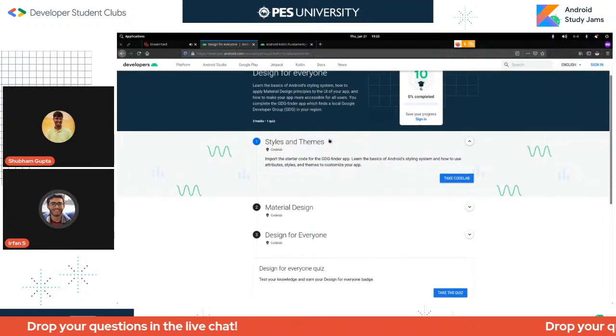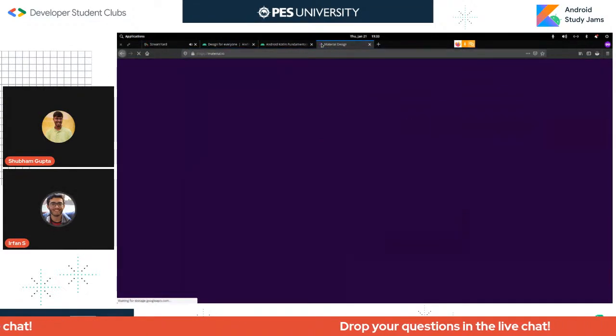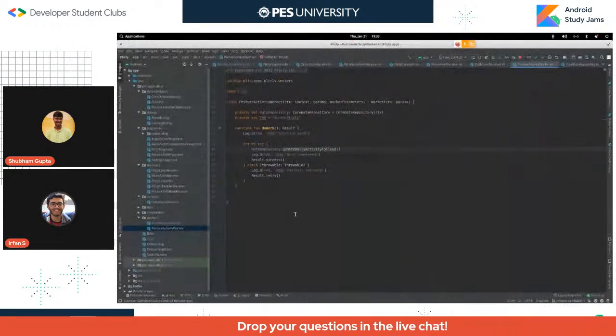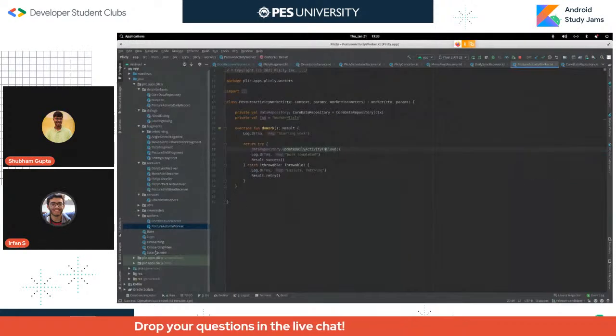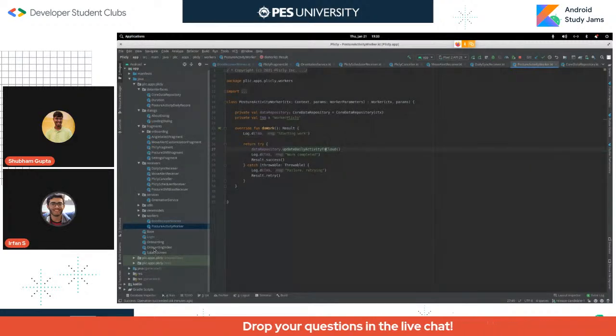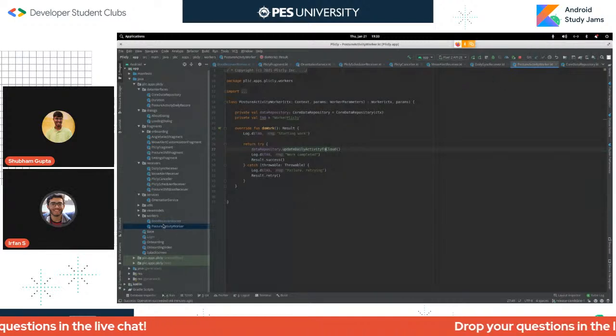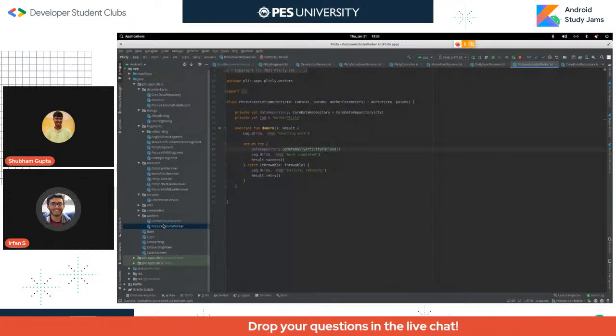So before we start into design, let's go into this site by the name of material.io. And then let's head back in here. So material design is a set of guidelines that have been put in place by multiple companies, including Google and Apple, and they've worked together to come up with this material design guideline that is used extensively on all mobile devices and platforms. Its core philosophy is to keep things clean and smooth,